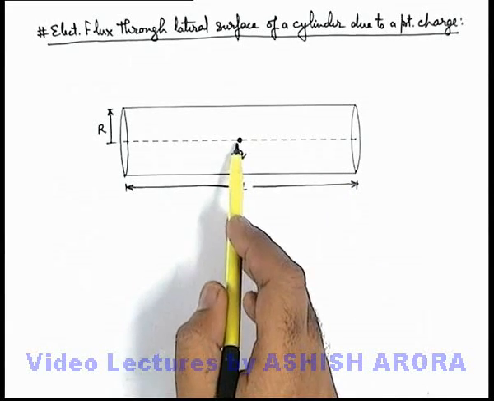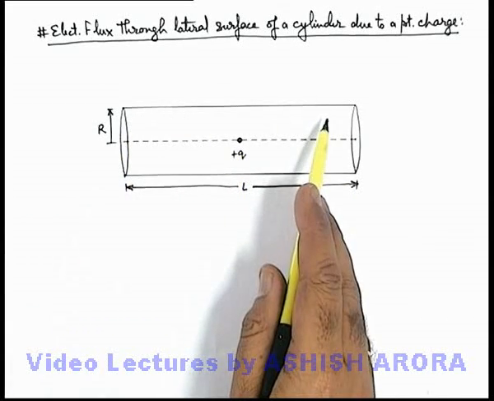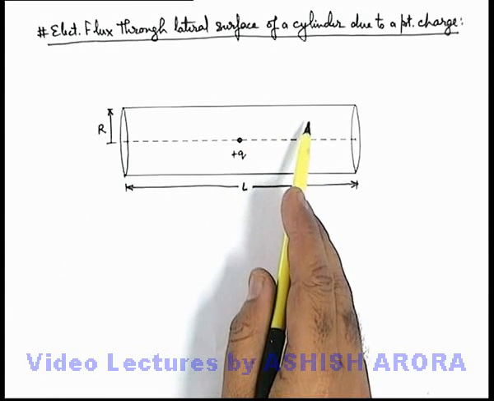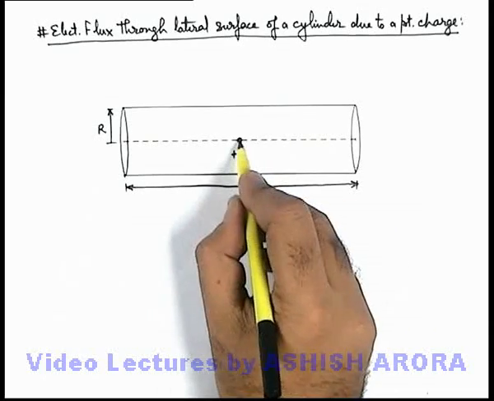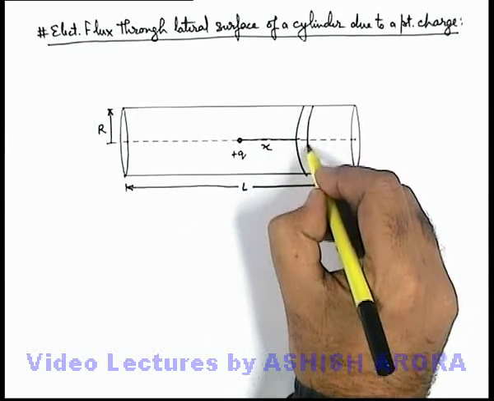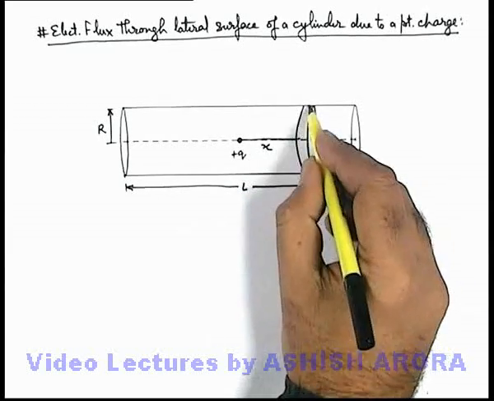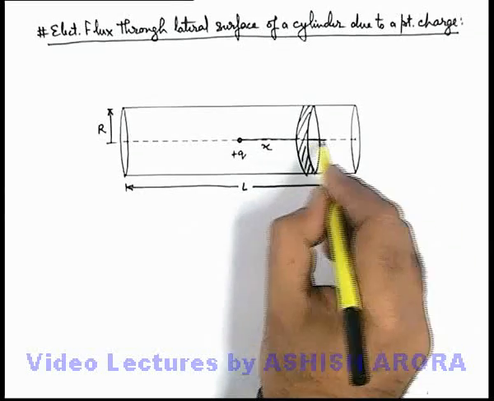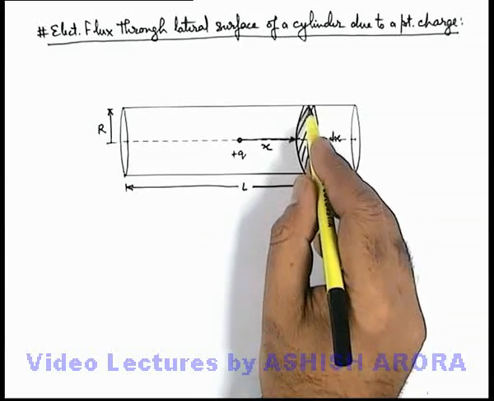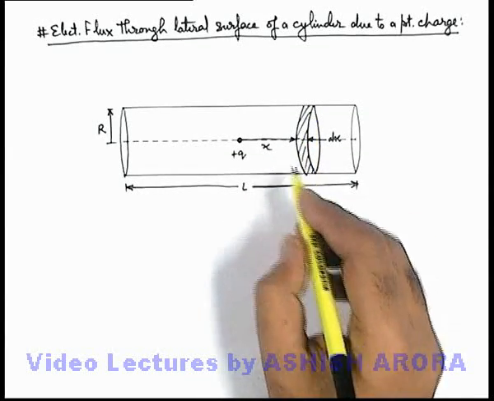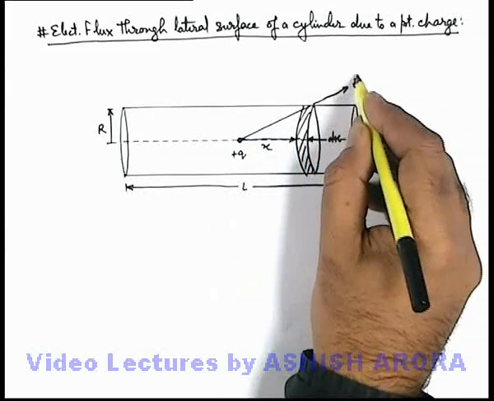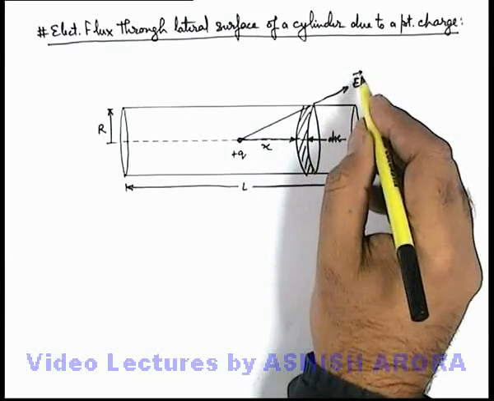We know that due to the point charge, the electric field at every point will be different. So we need to consider an element on the surface where the electric field magnitude will be the same. So here at a distance x from the charge, we consider a circular strip or a ring shaped element which is of width dx, and from this elemental section of width dx we can see the electric flux will be going in the radially outward direction due to the electric field, and the direction of this electric field